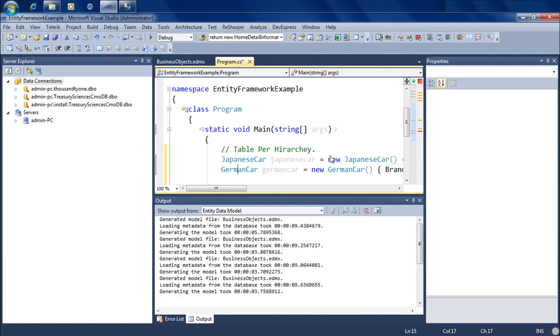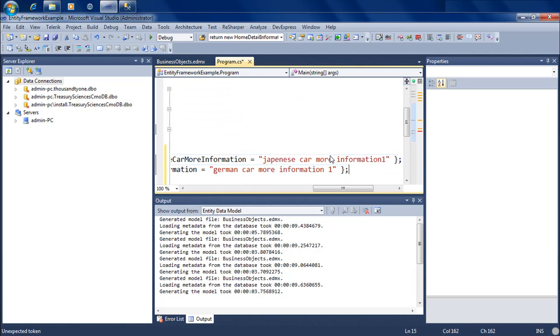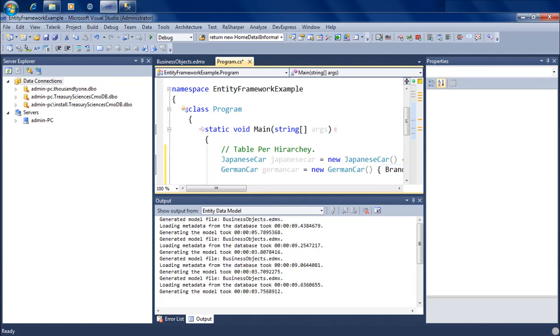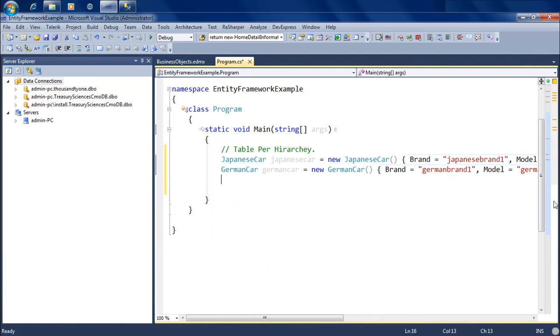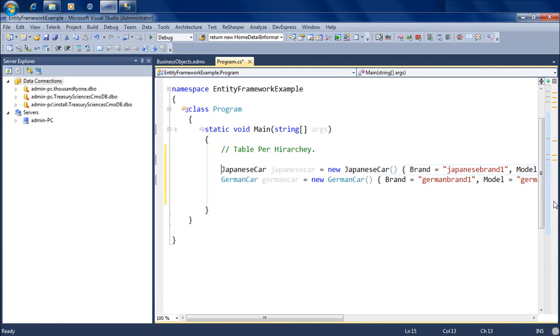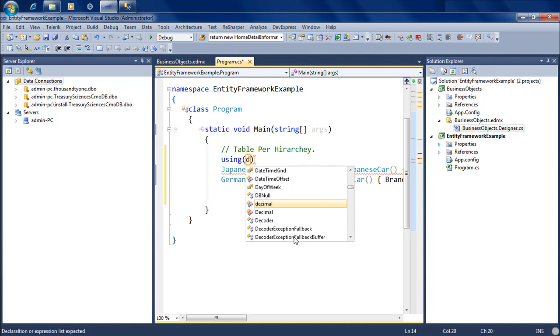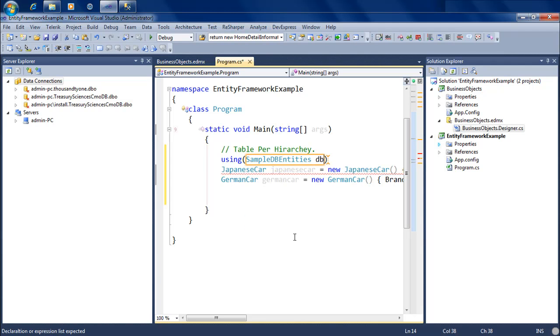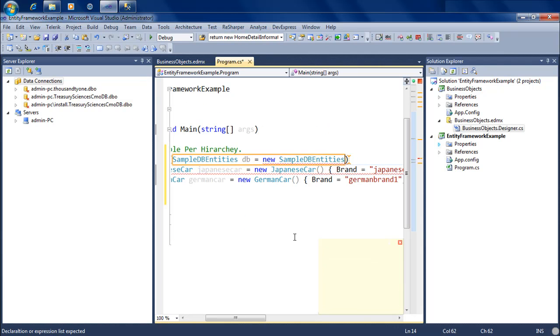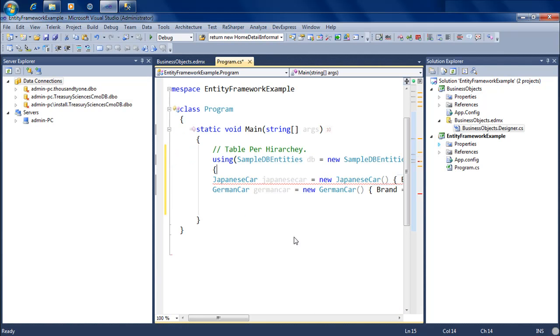So, two entities that we've created, Japanese car and German car. Because both inherit from the car entity, I can go ahead and put this whole thing inside a using, and I'm going to say db is a new instance of my object context.